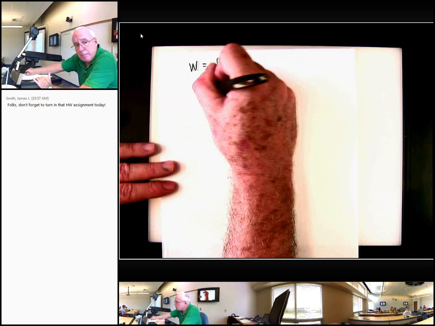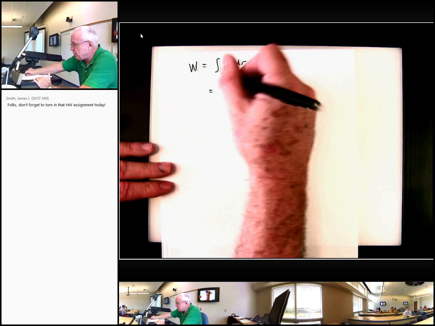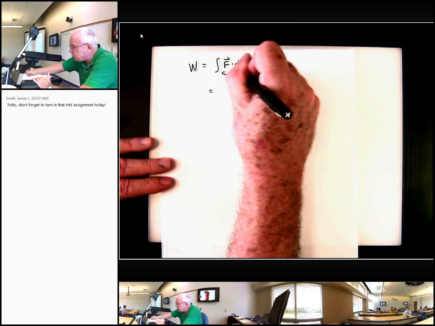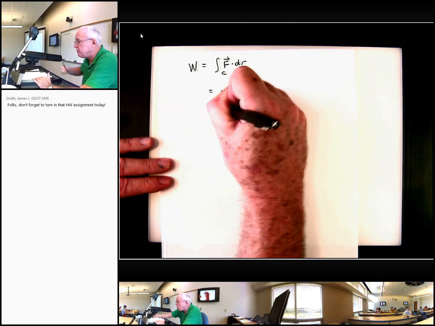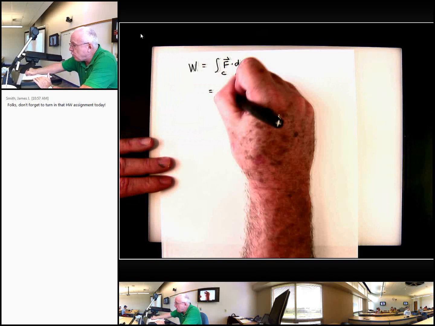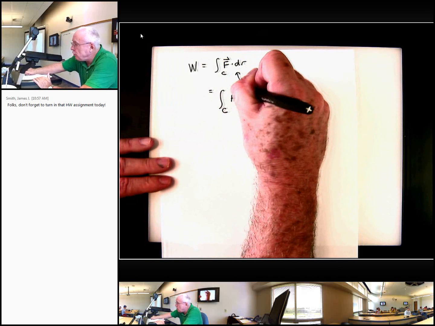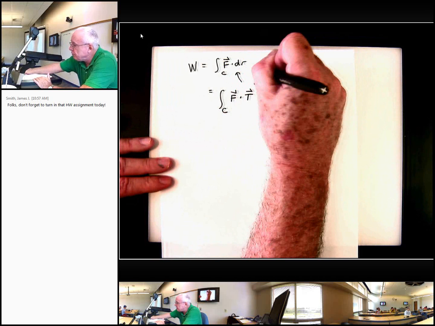Because remember, and I'll put this down here for people who missed it, what does this thing mean? It means we're doing the integral along the curve C of our force dot product with our unit tangent vector